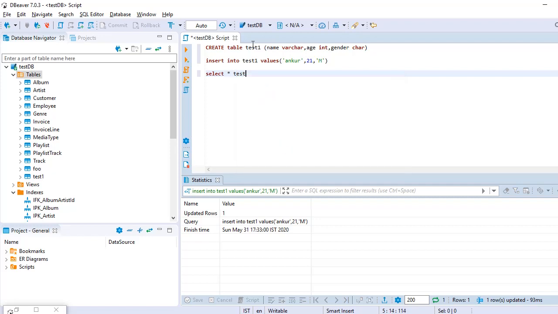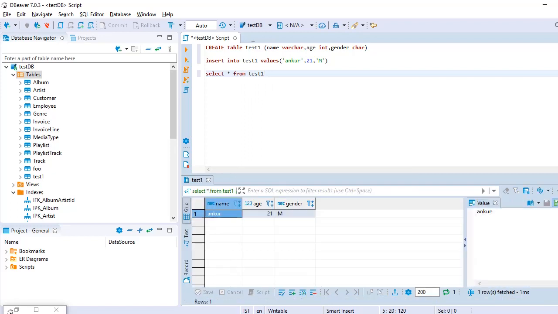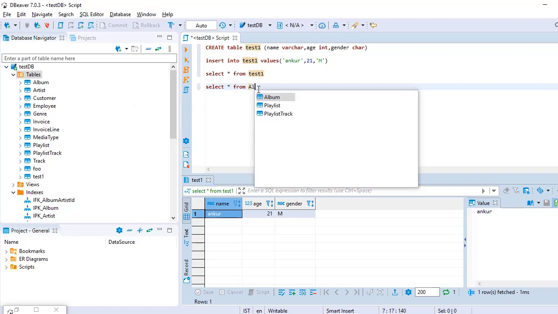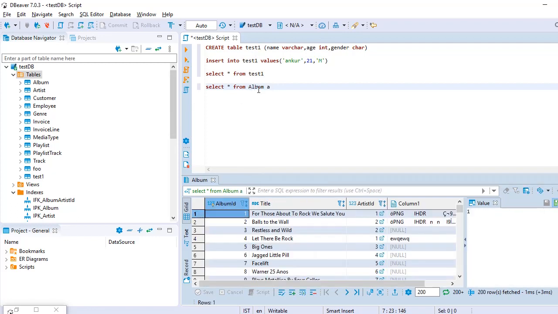We have added the data into the table test1, so select asterisk from test1. Now if we click enter, we get the data that we have inserted, or we can fetch the data already present in any existing table. So this is the data of the existing table.